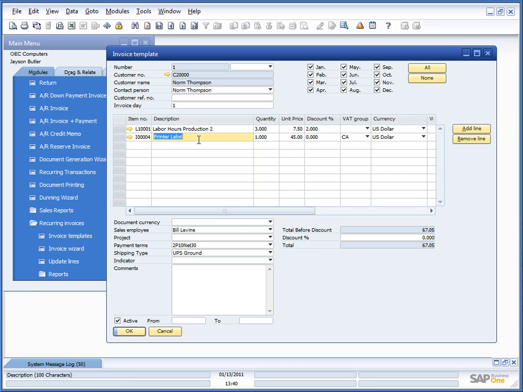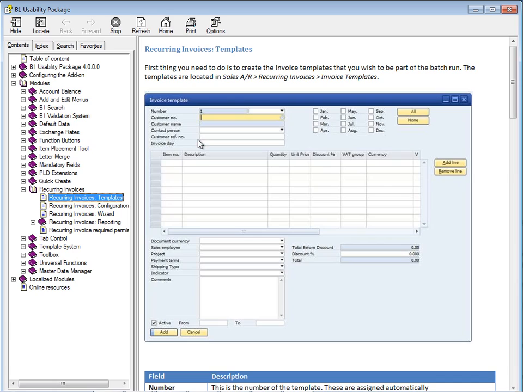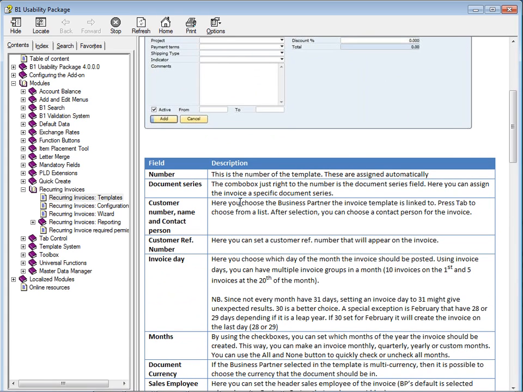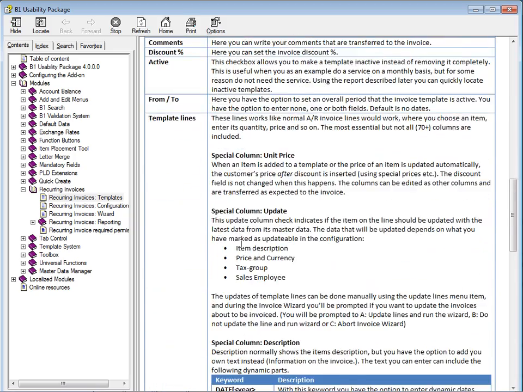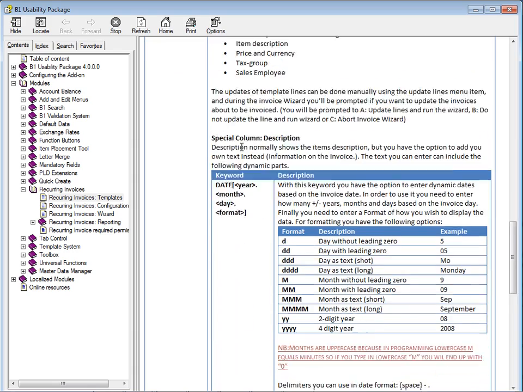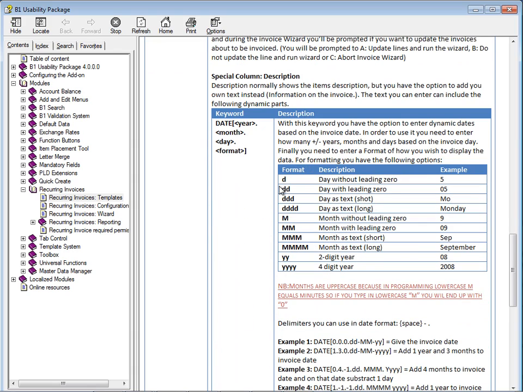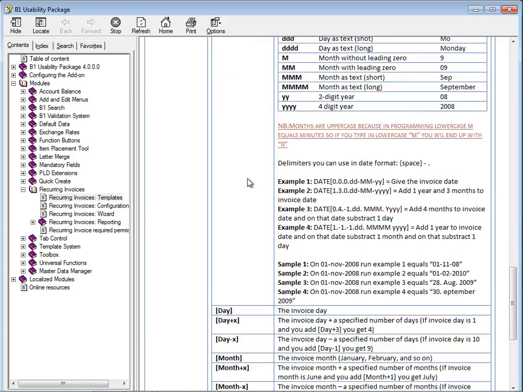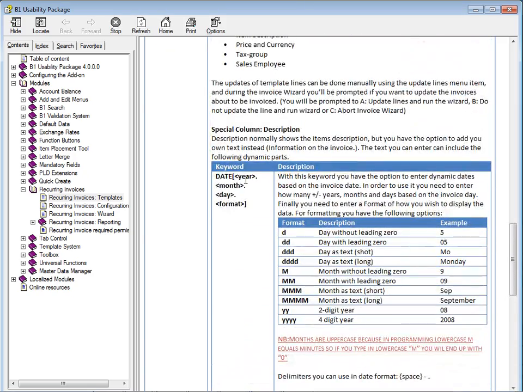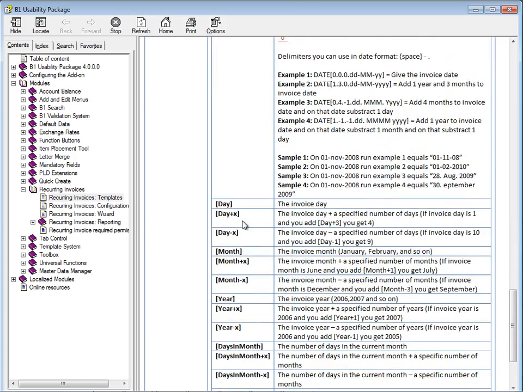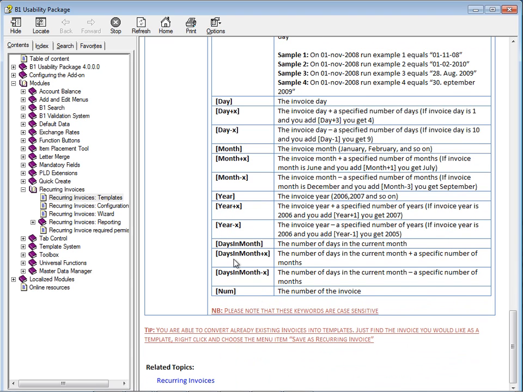And for that, let me go to the help section in order to show you. Remember, you can always go to the help section by pressing F1. And in here we have the description, and it can use some special keywords. It can use the date keyword, the day, the month, and the year, days and month, days and